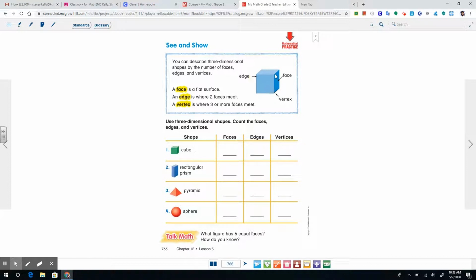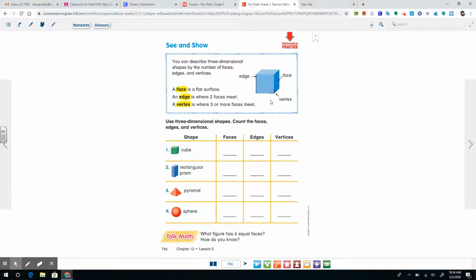So if we were to look at this cube, we know that we can count how many faces there are, how many flat faces. We can touch all of them. So if you've got a die at home, like dice, if you take one of those, you can count how many flat faces there are. If you've got a square tissue box, one of the cube tissue box, you can count the flat faces on those. Then we can count the edges and the vertex. So on the cube, we're going to count the flat faces. So if we were to count 1, 2, 3, 4, 5, 6, there are actually 6 flat faces on a